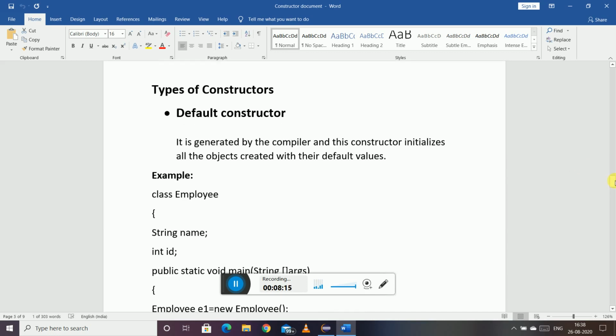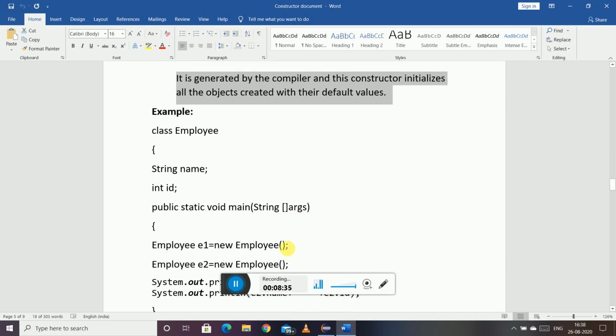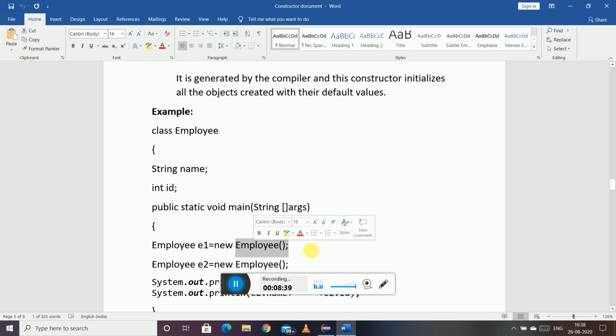Here we have the types of constructor, in which there is the default constructor. It is generated by the compiler, and this constructor initializes all the objects created with their default values. If we are not creating a constructor ourselves, this is not a user defined constructor.